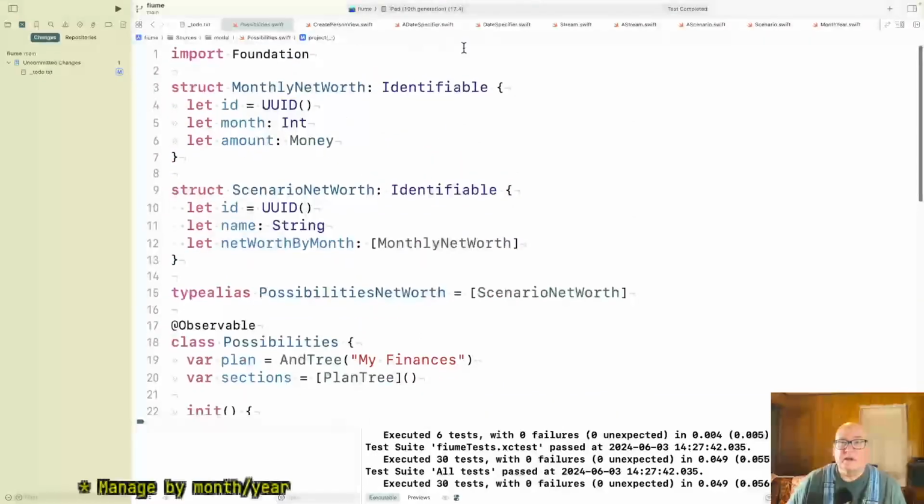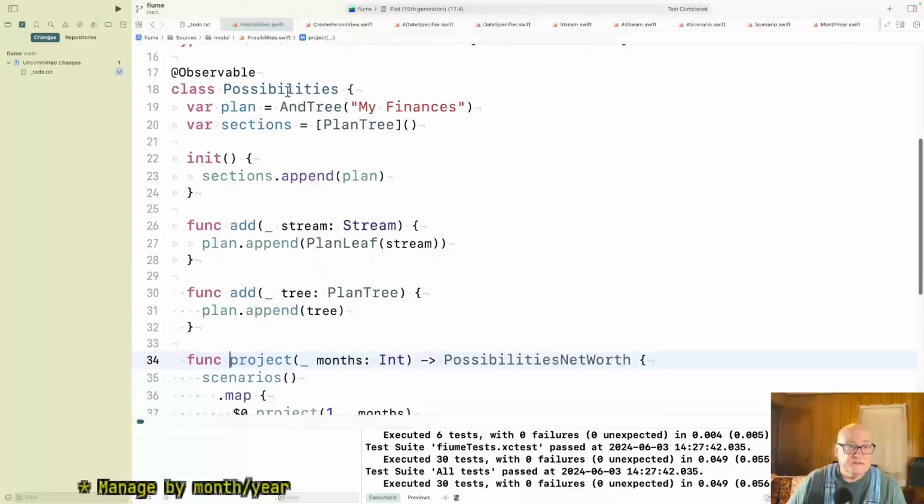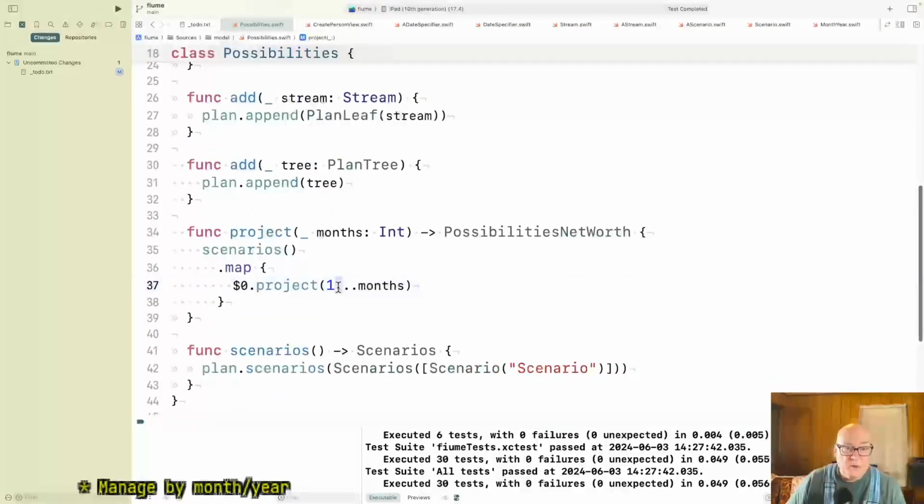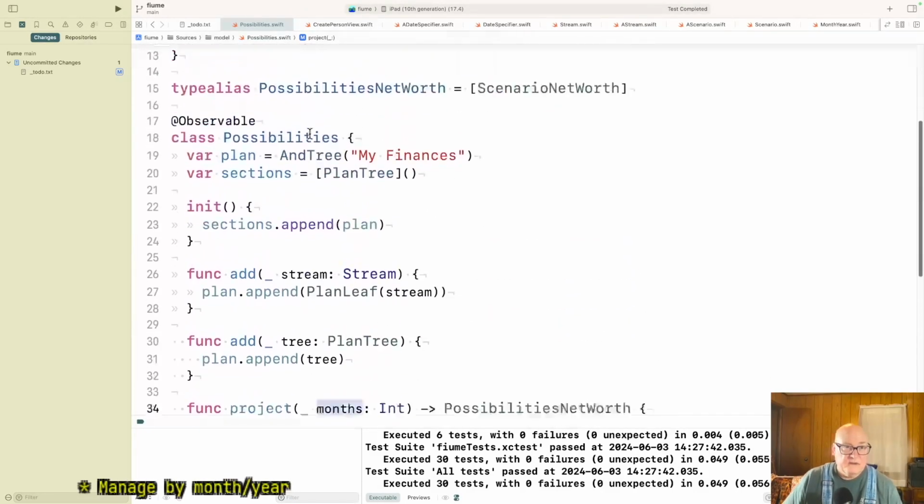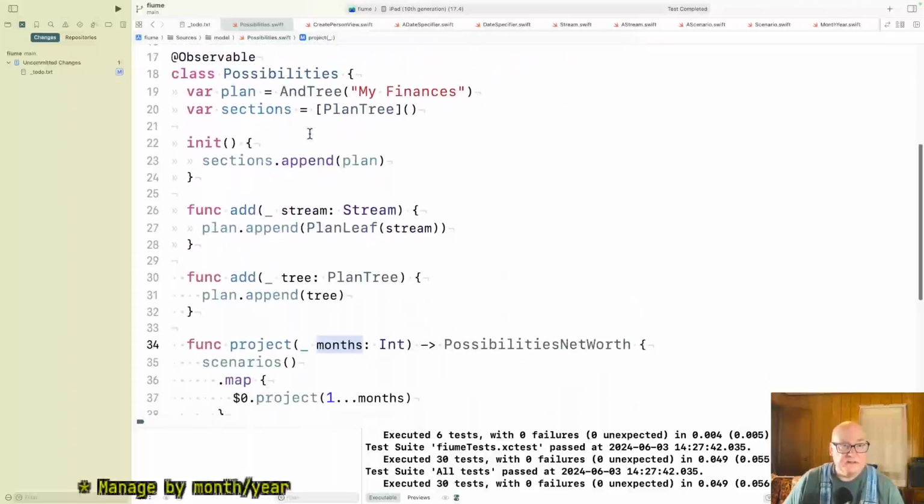That's almost like, maybe possibilities should. He owns the plans. He owns the one.